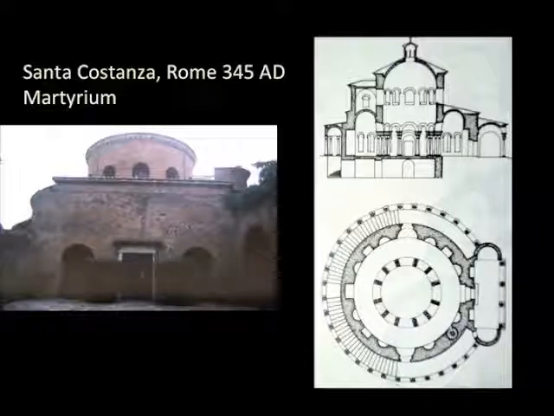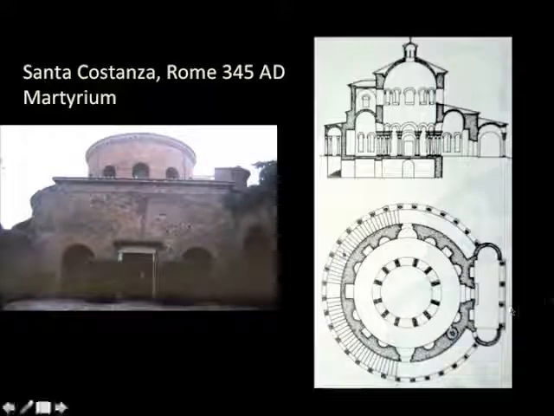And the Santa Costanza establishes the type, and as we move forward, you see variations on the theme of the type. From the exterior, this big round lump of a thing kind of looks like a mausoleum that you might have in Roman times, but a Roman mausoleum wouldn't really have interior space. You would simply stick your dead emperor in there, and that would be it. But part of the idea of the martyrium is you venerate the martyr. There will be relics of the martyr. Do you know what relics are? Like an ear or a nose or a foot, stuff like that.